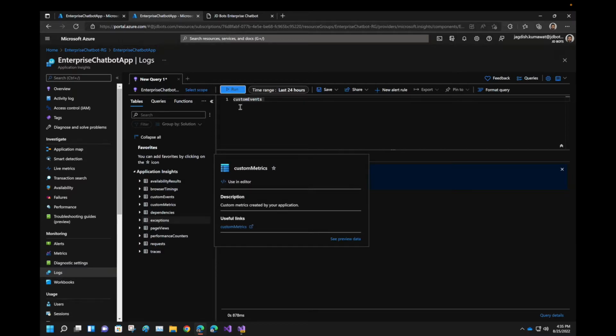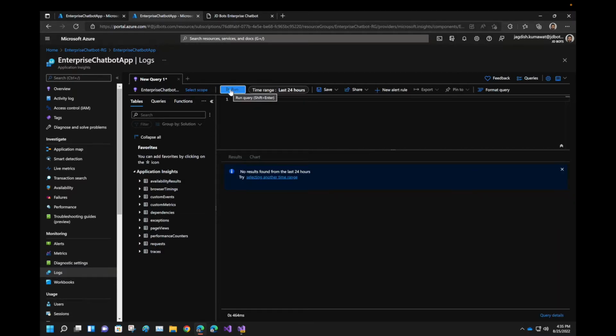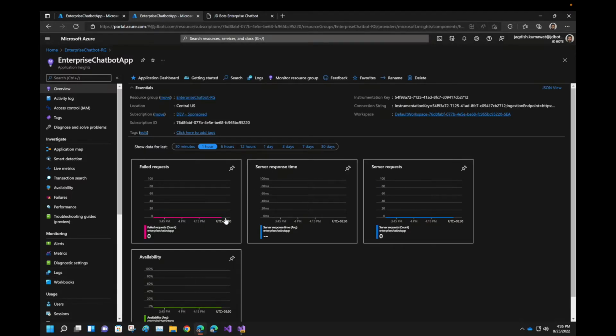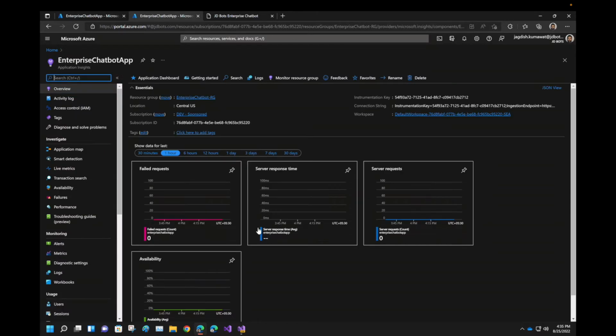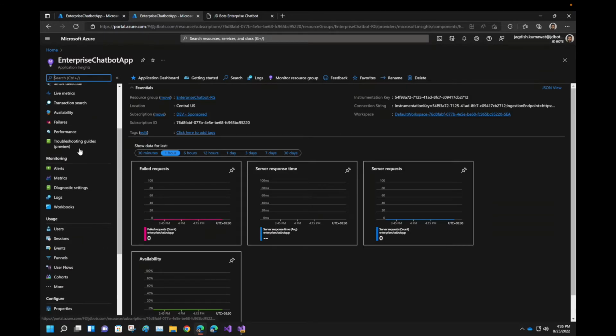Yep. So currently, it actually takes around 3 to 5 minutes for the logs to get reflected over here. But I'm not sure whether it will be coming because I don't see any logs on the overview page. So here I don't see any readings. Let me refresh it and see whether we have some readings or not. If it is not coming, that means nothing is hit or logs are not getting collected. So what we have to do, you just come here to